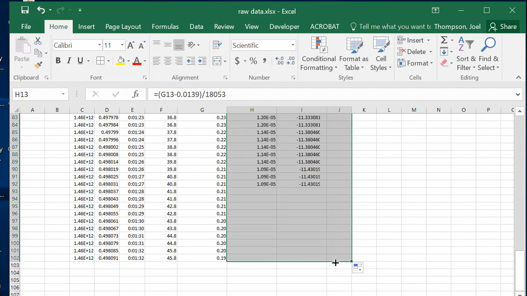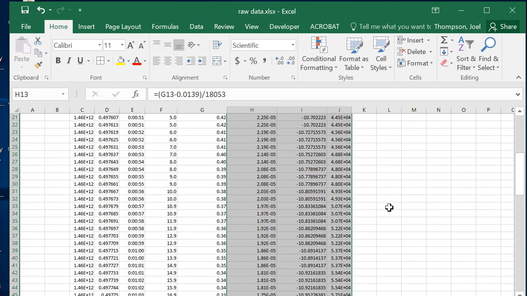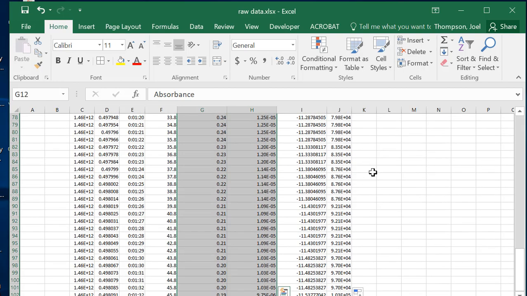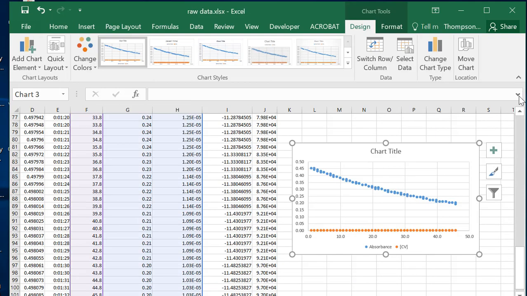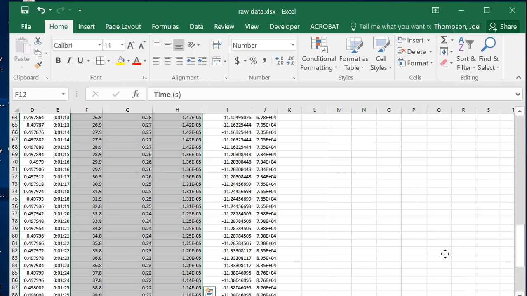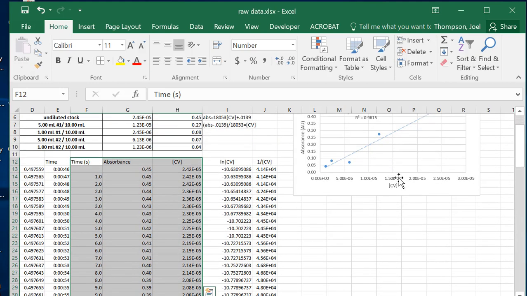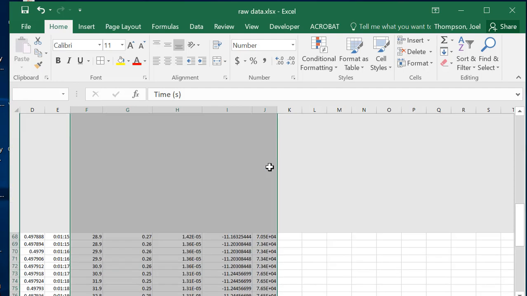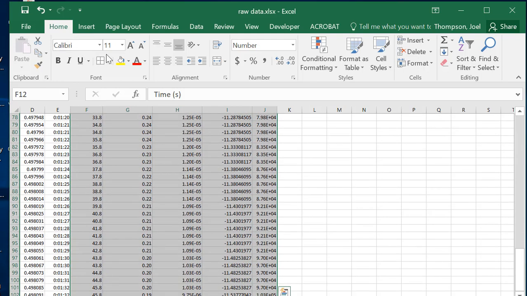Voila. Now that's done. Now I just need to graph them and see which one seems to be linear. If I want to just highlight these two columns, I'm going to go Control, Shift, and down arrow, and it'll just find the data at the bottom. And here's one way you could do this too. I'm going to get rid of this, and I'm going to show you another way just to do it a little quicker. Let's get time. Let's get all the lines we want. We're going to Control, Shift, downwards. We're going to insert